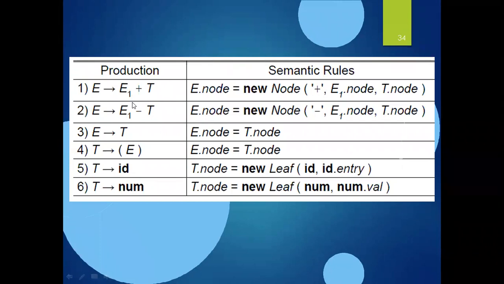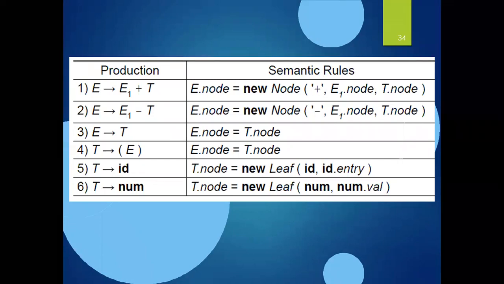So for example, if I take x plus y minus z as the given expression, and it is in the form of an infix, now I need to convert it into a postfix. Then after converting it into a postfix, I need to write the symbols, whatever symbols I'm having in the expression, by putting a heading like production, symbol. In that symbol column, I write whatever symbols I'm having. And then I need to perform the operation just by following these semantic rules.